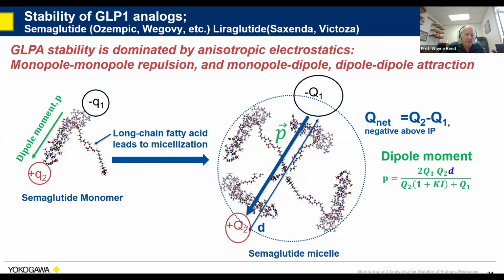The important thing now for the physics and the stability is that you have surface charges. They go toward the surface, and they separate in space a positive amount and a negative amount. And when you go to the micelle, there's still a certain amount of positive charge and negative, which unless you are at the isoelectric point, there's a net charge. So it's Q2 minus Q1. In our case, Q1, there's more negative charge than positive. But the other important thing is you get the dipole moment. And it really all comes, the dipole moment is the villain here. That's the source of the aggregation, and we can compute the dipole moment over here. Again, I won't go into that part.